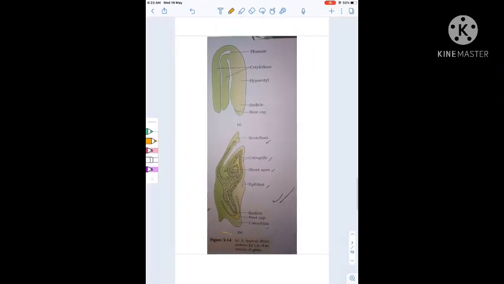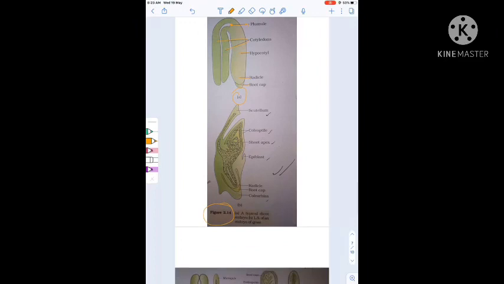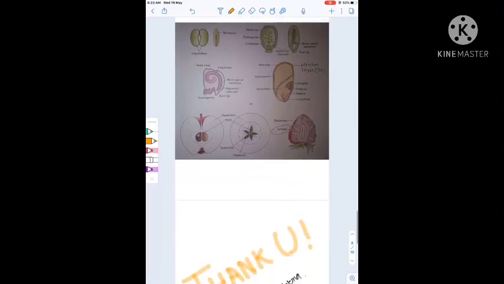Now in figure 2.14, both diagrams are important. Here in diagram A, a typical dicot embryo, it can be given to identify. This is the plumule, these 2 are the cotyledons, then this is the hypocotyl, this is the radicle, and this is the root cap. It can be given to identify. And diagram B is equally important. This is the scutellum, then this is the coleoptile, this is the shoot apex, this is the epiblast, important, epiblast, this is the radicle, this is the root cap, and this is the coleorhiza, coleoptile and the coleorhiza. These are important. Okay.